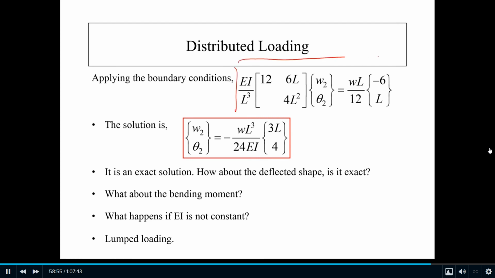So the final equation would be like this, because W1 and theta 1 are set equal to 0. You get this, and you have the solution. This is the exact solution, I mean, if you solve the uniform load w over length L,